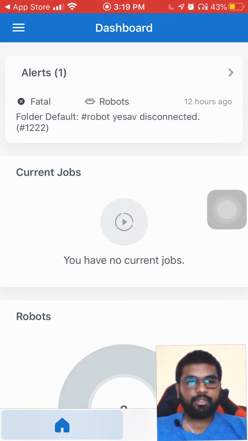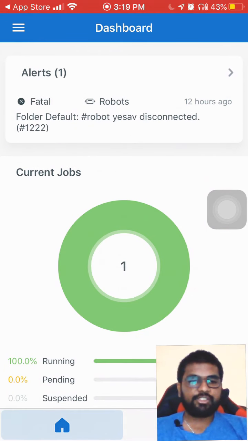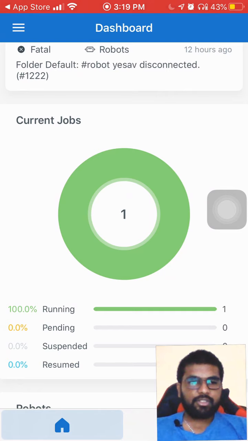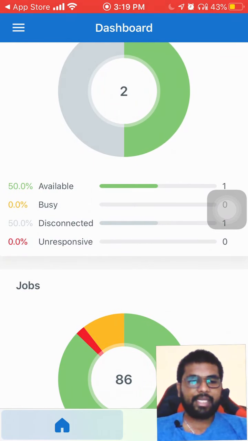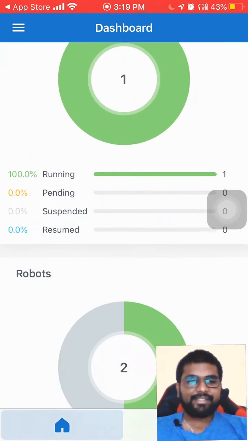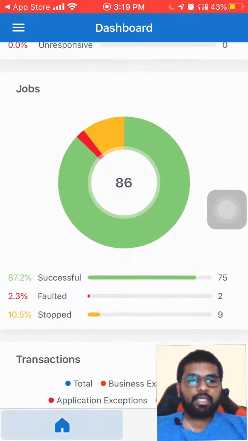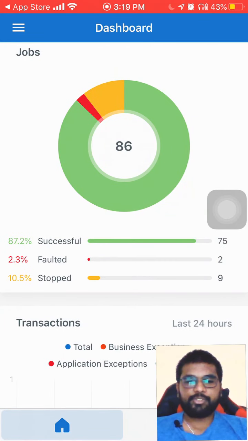I hope this should start and update me. Okay, current jobs: 1, which is running, that's what it's showing me, and I have one bot available out of 2 that I have already connected. This also shows me how the bots are running. Are they successful, or are they failures, or are they stopped?